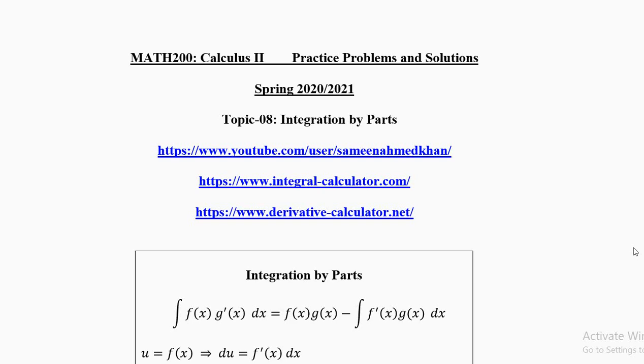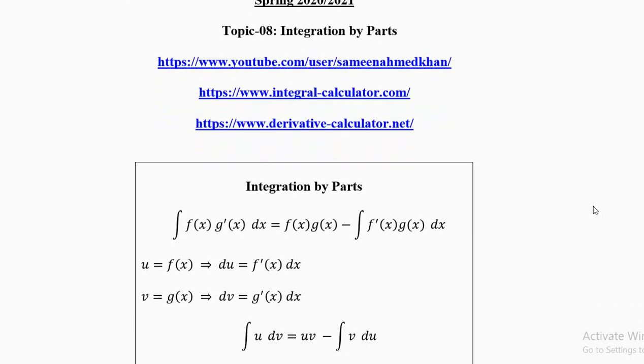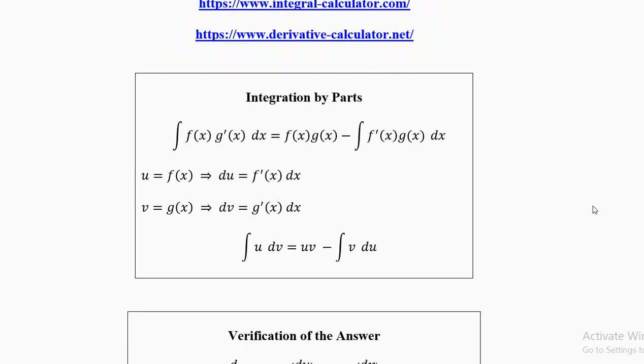See, there are many techniques of integration and this is one of the most important. In topic 3, we learned how to do integration by substitution. Here we will be learning a new technique which is called integration by parts. Many times we have to evaluate the integral of a product of two functions. But in the formulation, we will not write it as a product of two functions. You'll have the first function times the derivative of the second function, whose integral will be the first function times the second function without integration here, minus the integral of the derivative of the first function times the second function.